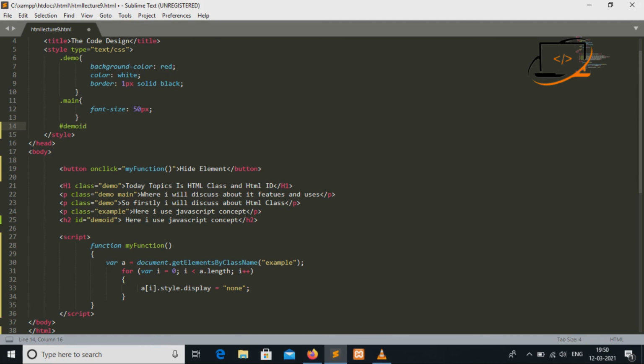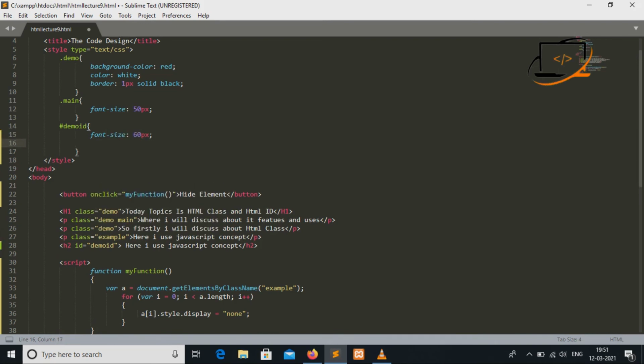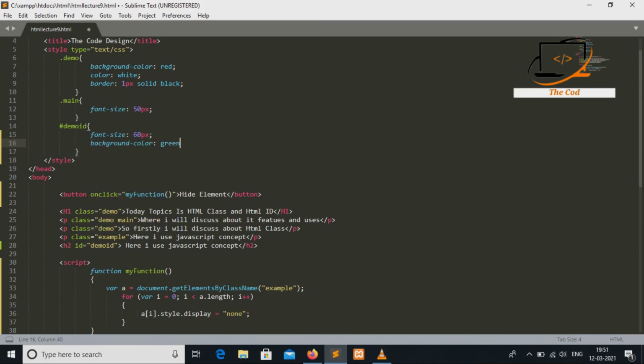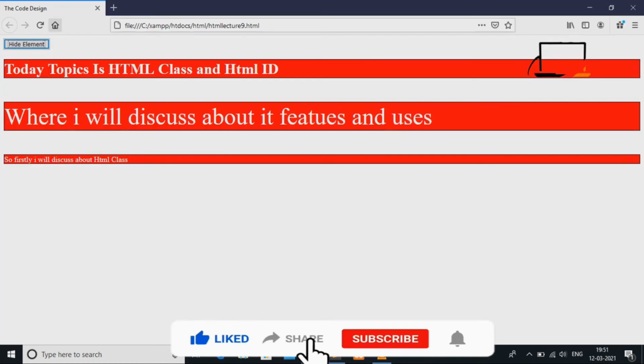So we are taking hashtag and demoID for calling the ID element, and now I am giving font size 60px and background color green. Now save this file and check the output.